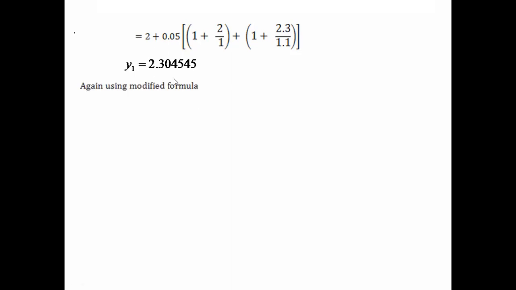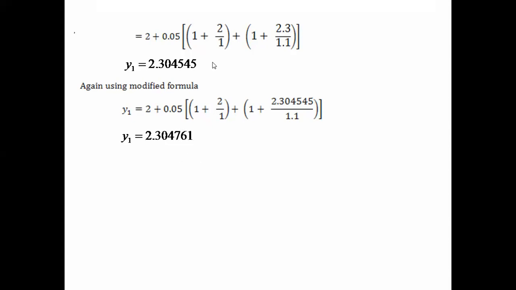So once again using this modified formula, what happens? All these values remain the same. Only this y value changes, because it is f of x0 y0, and this is f of x1 and y1 star. How do they define it? 1 plus y by x. So this y value is replaced by the new value. If we add it, we get